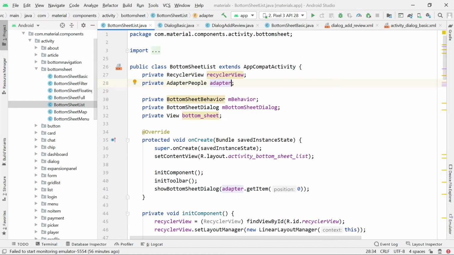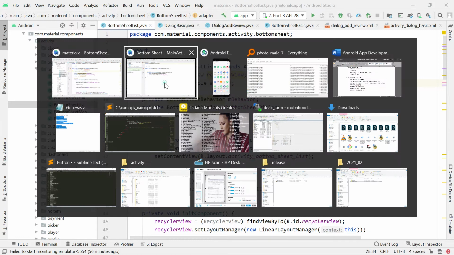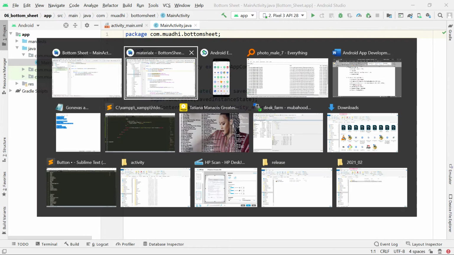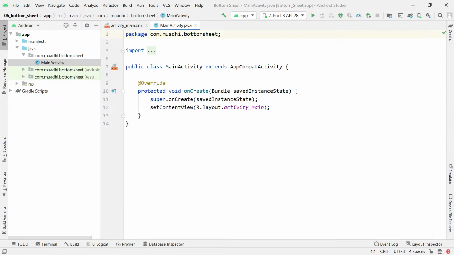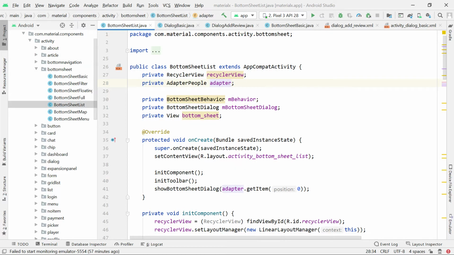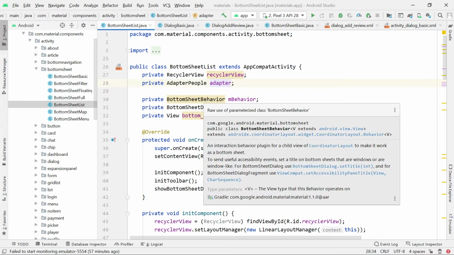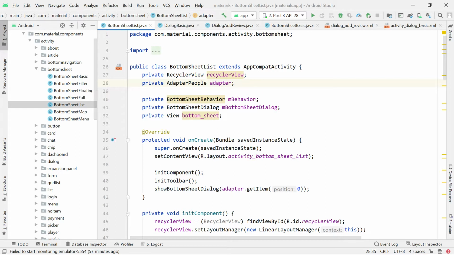So bottom sheet, we'll need what? It's not necessary that we need a list. Yeah, it's not necessary, very good, but we always implement them with what? With recycler views, because they show the details of the list. But it's not necessary that you must need a recycler view first to implement a bottom sheet. So we're going to do that step by step, then we'll explain everything.